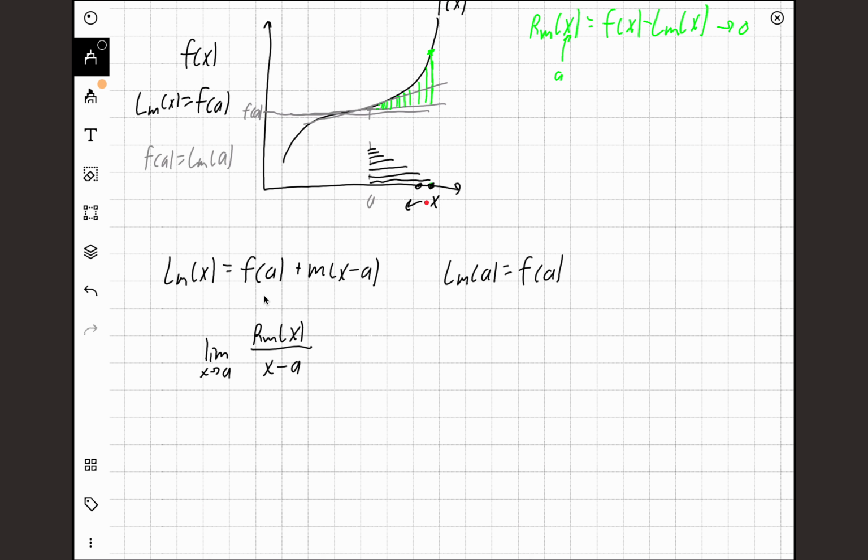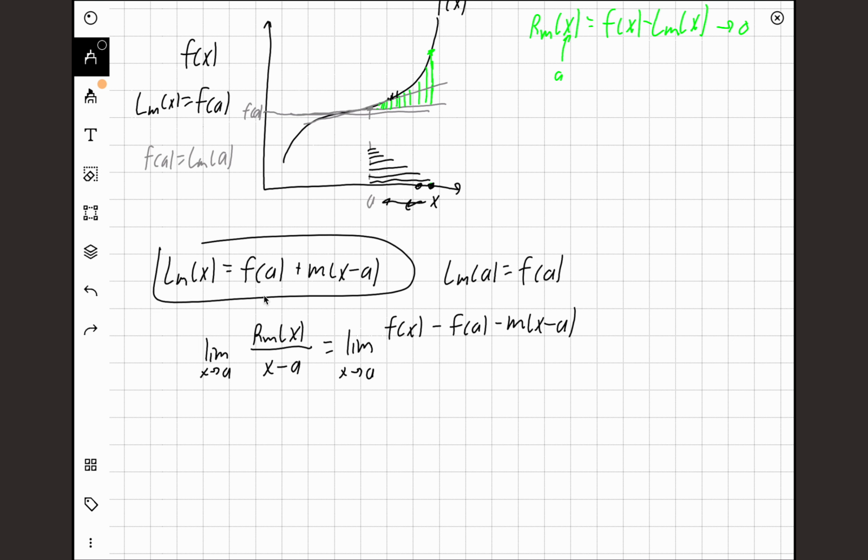We want it to, as x goes here, we want this error to go to 0 faster than this error over here. So we take this quotient, which is going to be the limit as x goes to a of our function f of x, minus our approximation, as I said over here. So minus f of a minus m times x minus a, because again, this is our first order approximation, over x minus